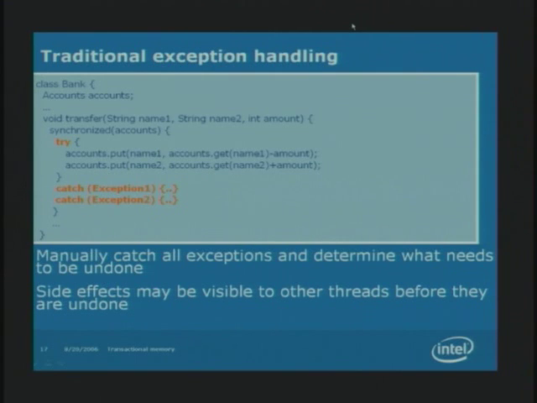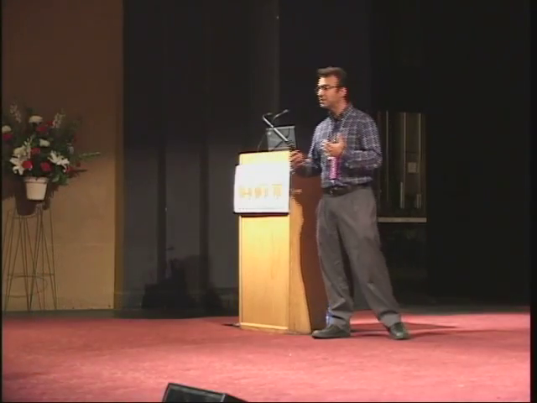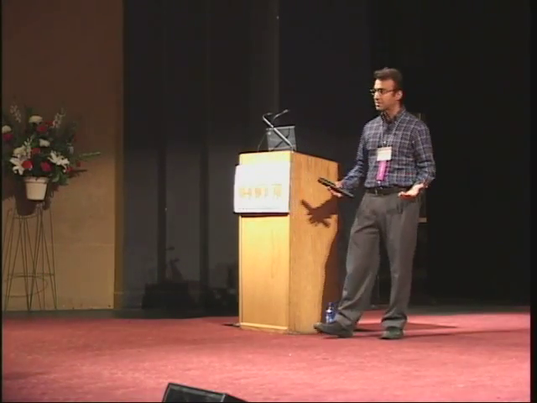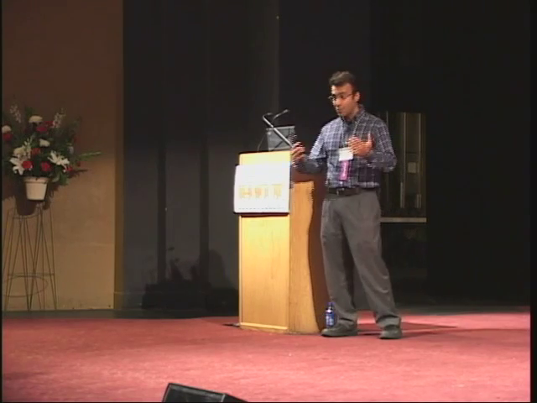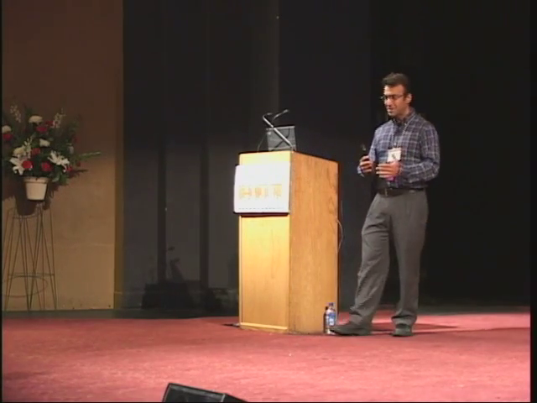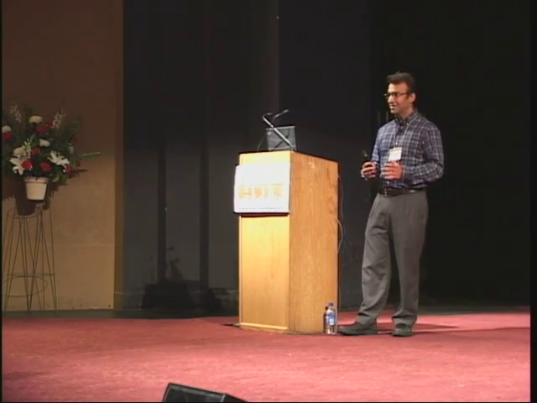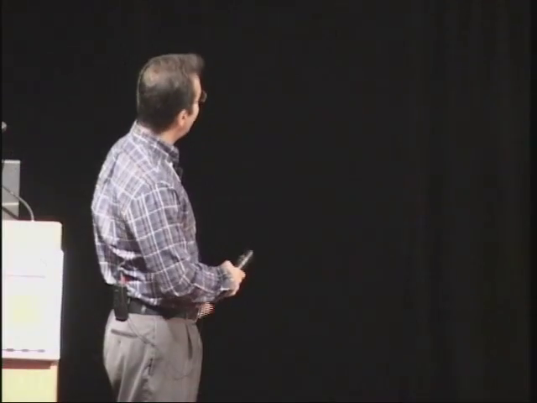How do I know which of the accounts may have been credited or debited? How do I know how to get back to a consistent state where no money has been lost? And how do I do this in a way such that other threads don't see an intermediate state that is not a consistent state? So I have to manually catch all the exceptions, figure out where I came from, which